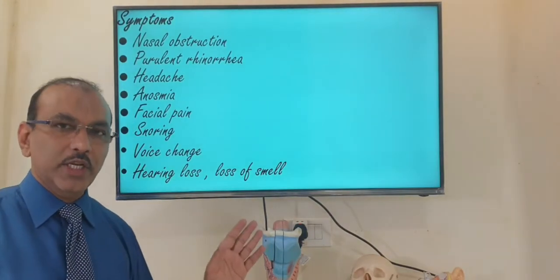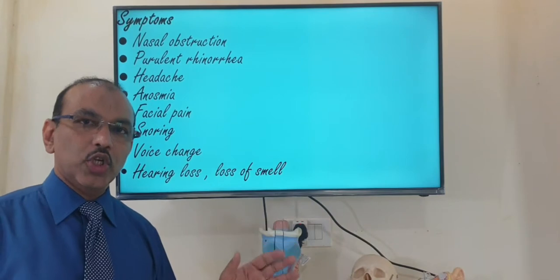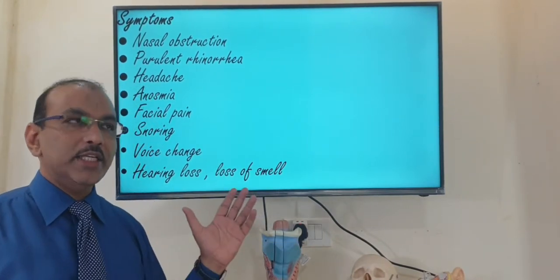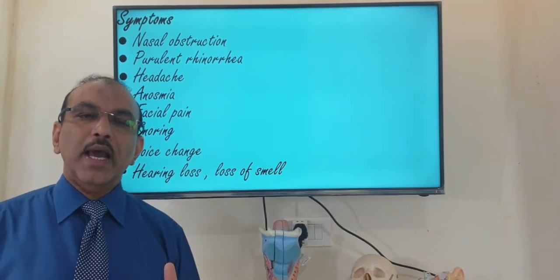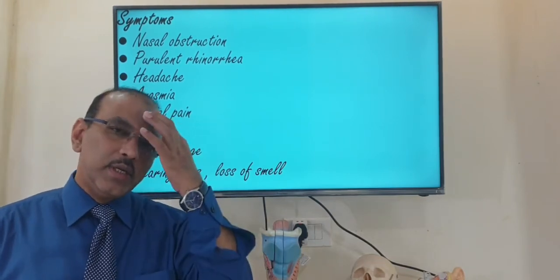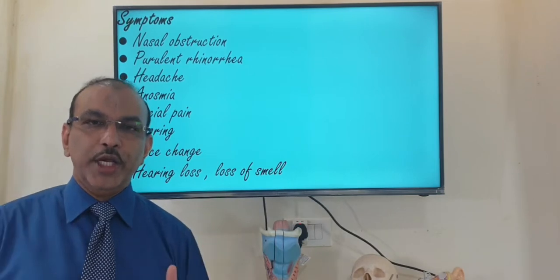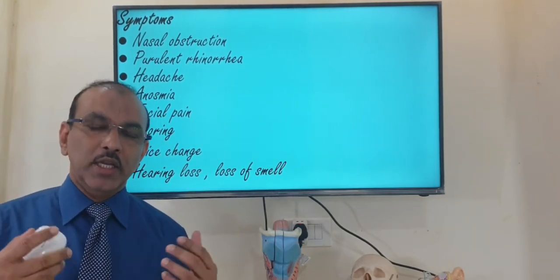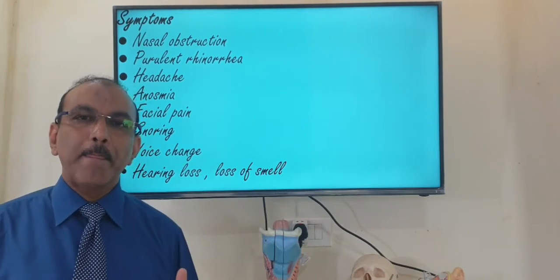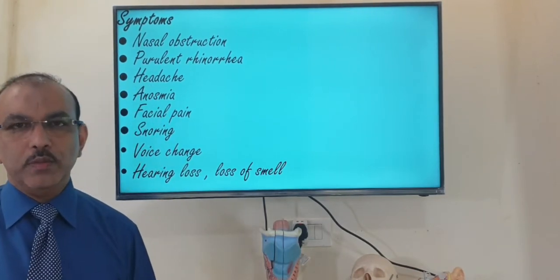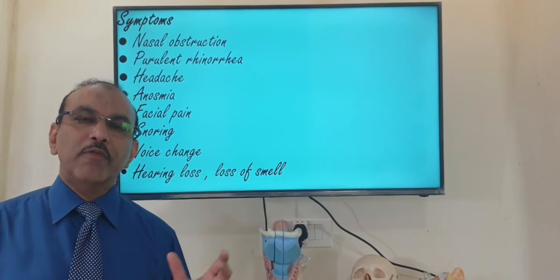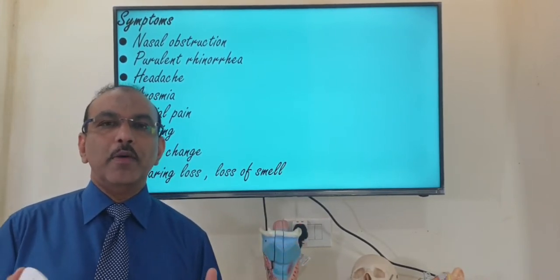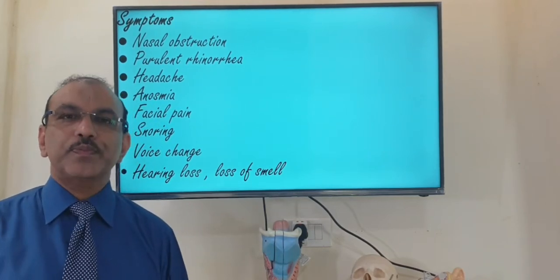Now, the common presentation: in Kartagener syndrome, the mother will be complaining. In Young syndrome, the patient himself will complain of a nasal block always and too much nasal secretion associated with facial discomfort and headache too, change in voice because the nose is completely blocked, hearing loss and ear block repeatedly, and loss of smell too. These are the common complaints. And of course, in Young syndrome, the problem of infertility too.